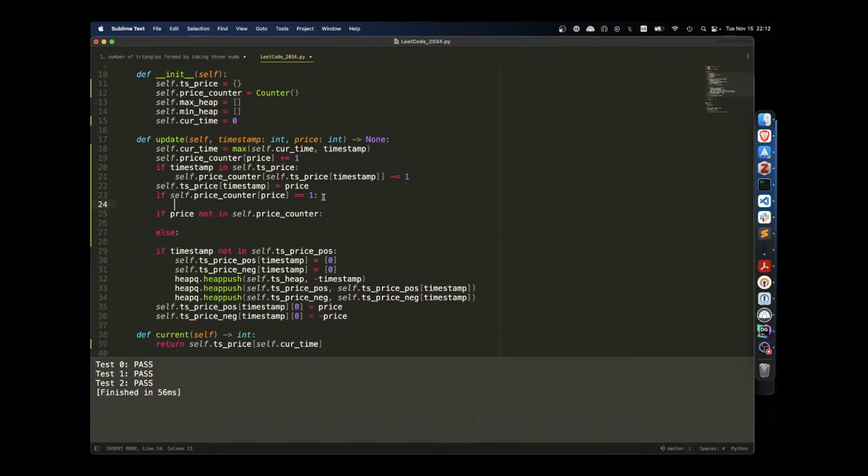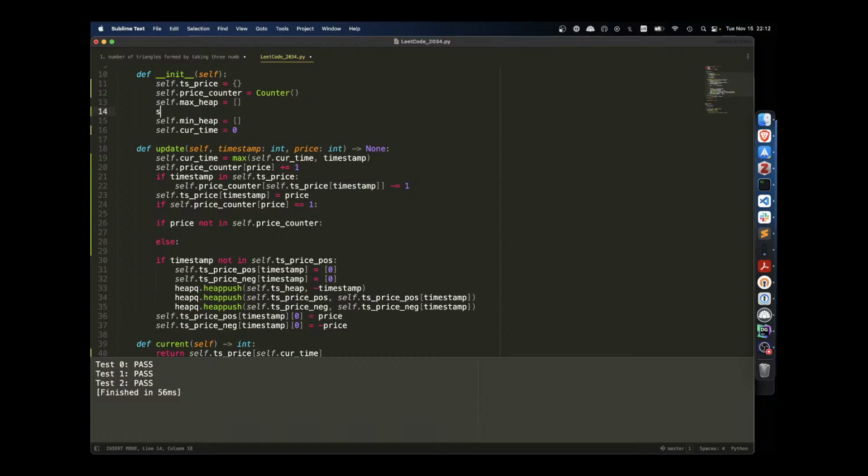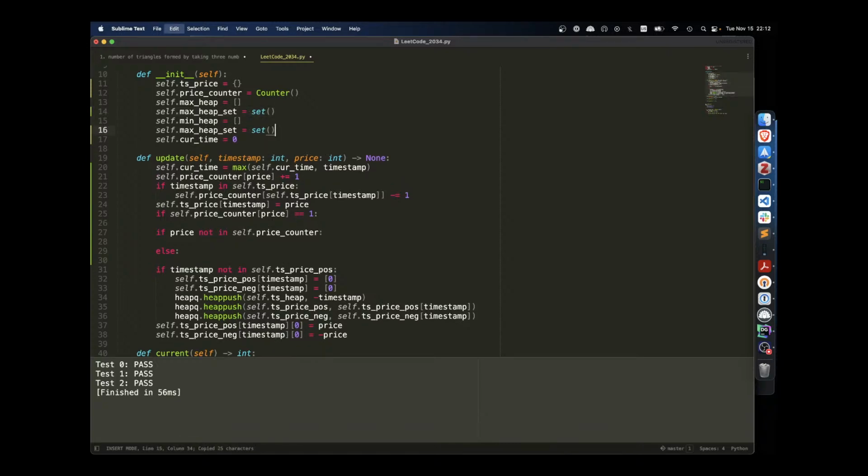We say we need a max heap set and a min heap set. This seems so complicated. But anyway,